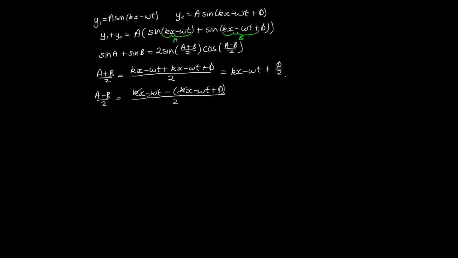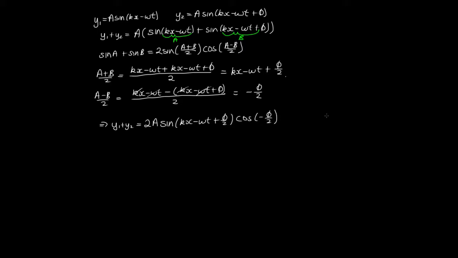Minus omega t minus omega t, which is plus omega t, will cancel out. And we end up with minus phi on 2. So now we can substitute these into this expression. So we've still got the A standing for the amplitude out the front. So we've now got y1 plus y2 is equal to, we've got a 2 and an A. So 2a sine of A plus B, kx minus omega t plus phi on 2 times cos of minus phi